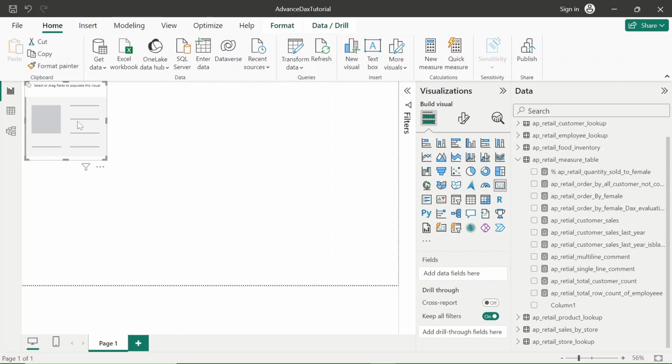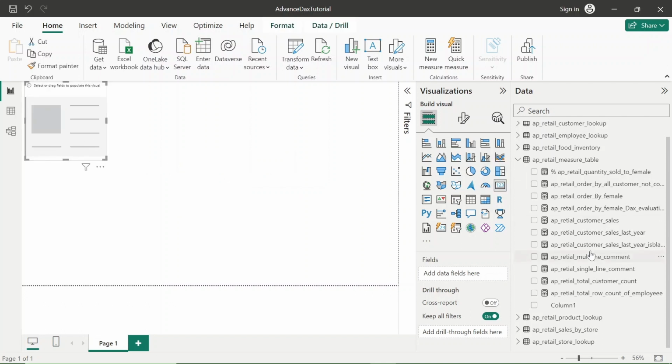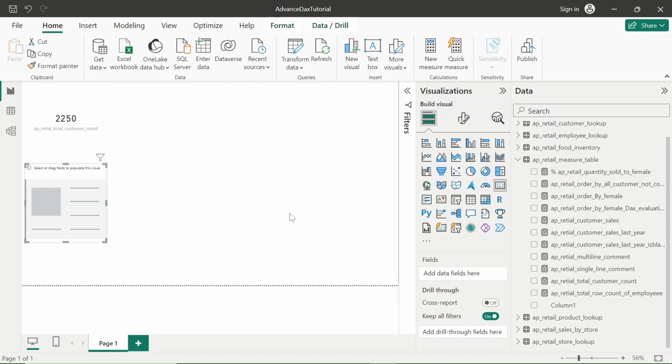Okay, so we have chosen the wrong visualization. We need to use this card, not KPI. In the card, we have to put this AP total retail customer. This is one card, and the second card is this one, and in the second card we can put the AP total row count.